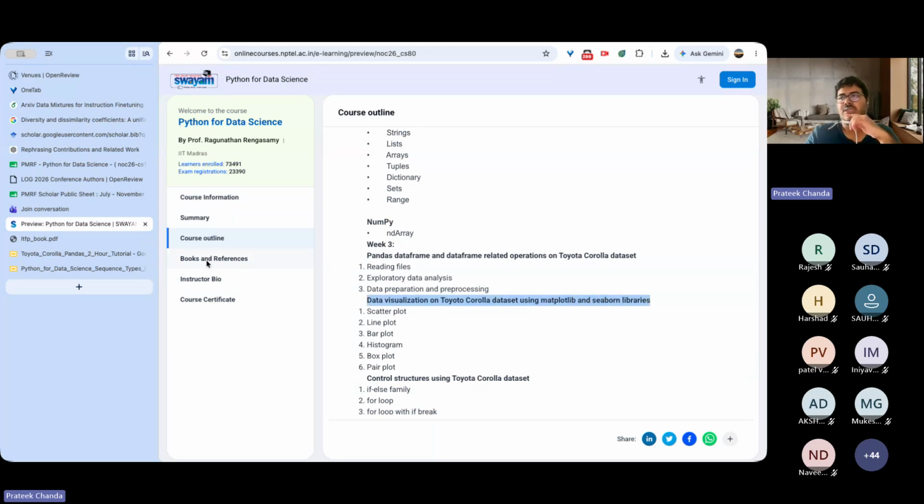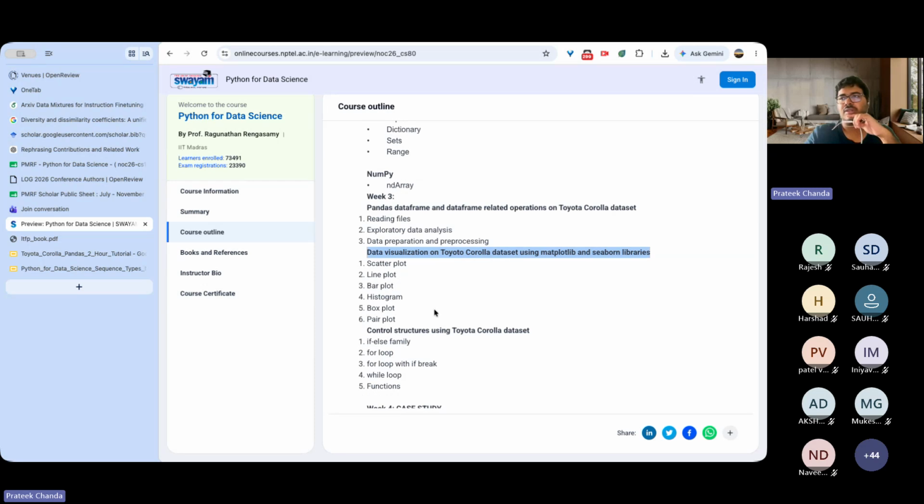Then we'll look at different control structures for the Toyota Corolla dataset, like if else, for loop with if break, while loop, and so on. That would be most of it for today's session.